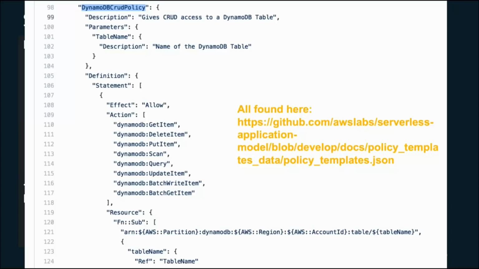And so there's a number of these policies that exist inside of this policy template. We feel that it covers a good number of some of the default use cases for Lambda serverless applications, but this is one area we're always looking for guidance and a great opportunity for people to contribute to SAM itself. But either way, these policy definitions will greatly simplify, again, the code that you have to write inside of your SAM template.